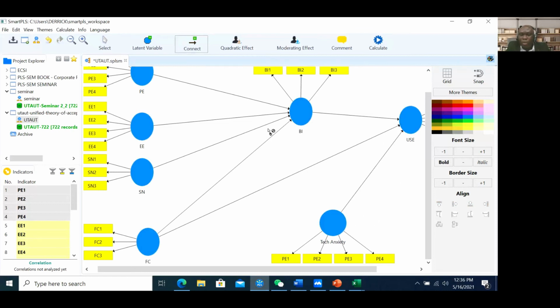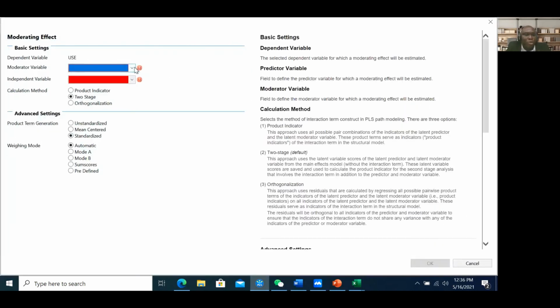Okay, so right click, moderating effect, use. Technology anxiety, independent is BI. Good. So now we are saying that technology anxiety moderates the relationship between behavioral intention and then